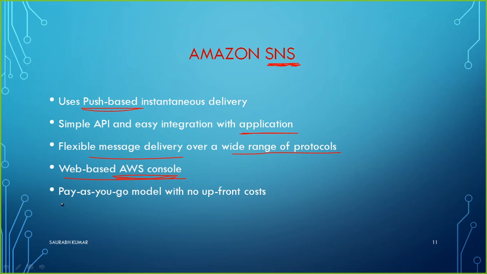And then the last point is a pay-as-you-go model with no upfront cost. So messages are also going to cost, but it is pay as you go. And if you are using a free tier account, I cannot tell you the exact number, but it gives some amount of emails for free. If you receive only that many emails, it is free. Thereafter there will be some charge. For the charging part, you can simply visit the Amazon site and check how much they charge per 1000 emails or something like that.